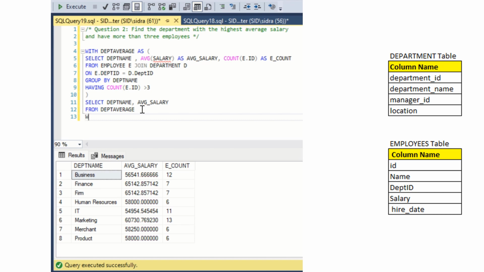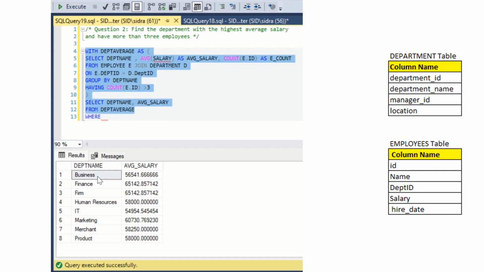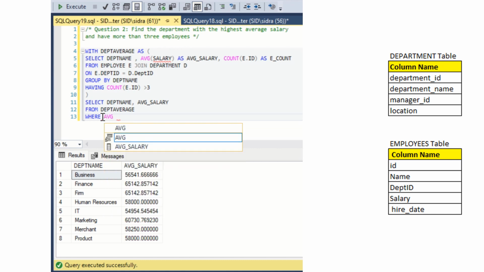Now I'm going to give one more condition, where, because it's not going to give me, let's run it. Let's see what it gives you. Okay, before I put the where condition, if I hit execute, it is still giving me the average salary for everything, but I only want the highest average salary department. So I have to complete my where condition. So I'm going to do where average salary, I'm going to take this column, average salary equals,